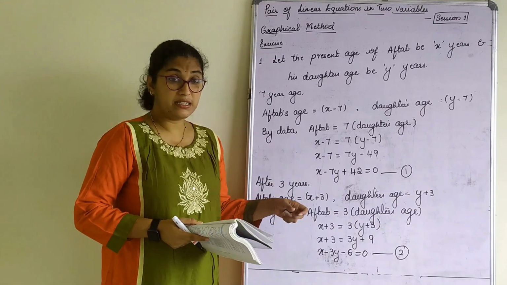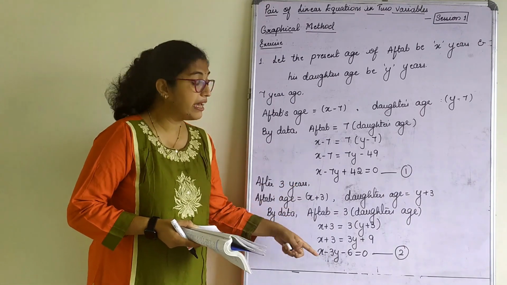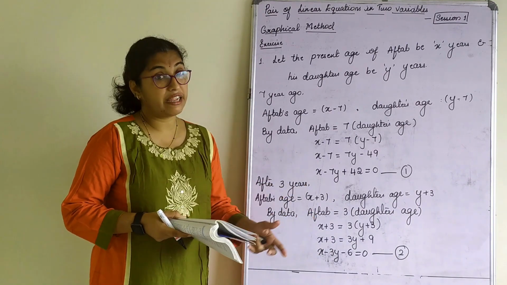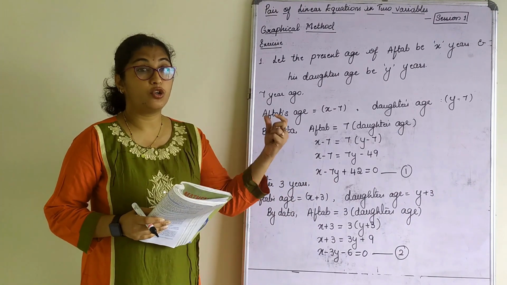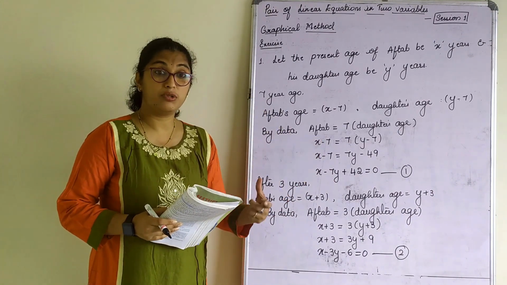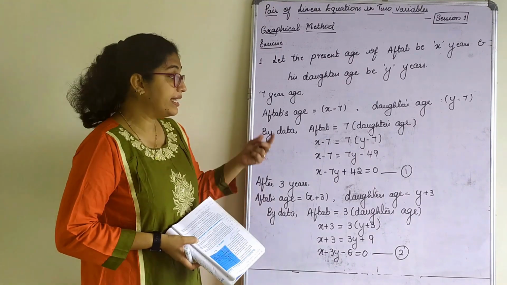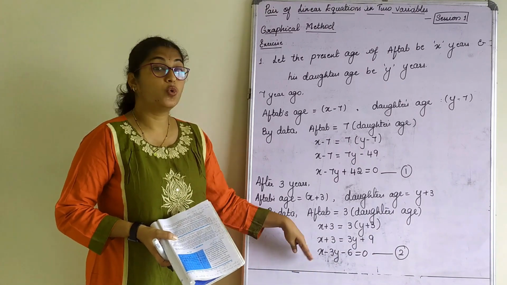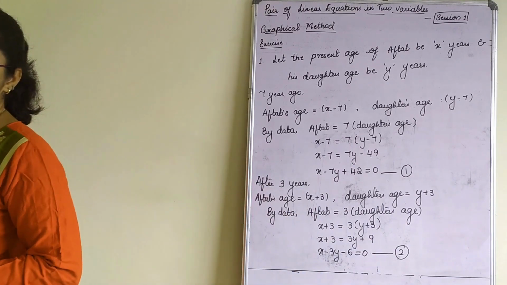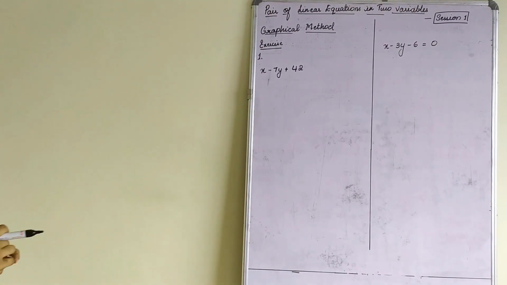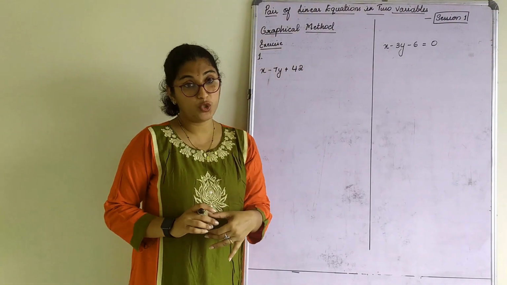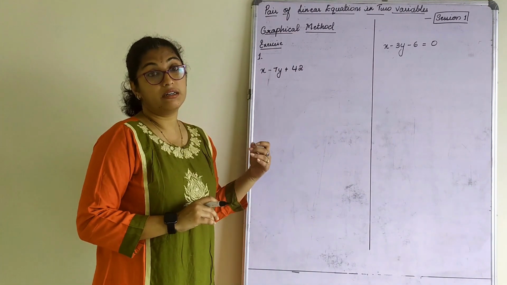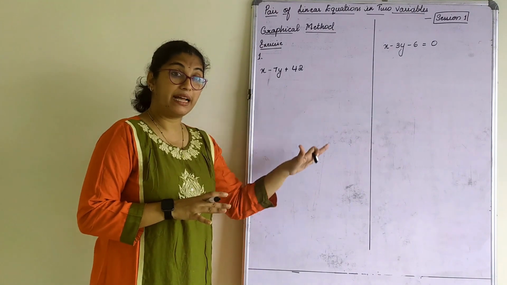That means we represented their ages, whatever were given, in algebraic form. Now let us try to represent this in the graphical form. So for that I need to again draw a tabular column, tabulate for x values, y values for drawing graph. So I need to erase this. Meanwhile, you can just copy down this here in your graph book. So we'll do the further things. So these are the two equations which we obtained from the previous sum what they had given. Now we have to find the values for x and y to tabulate in the graph.